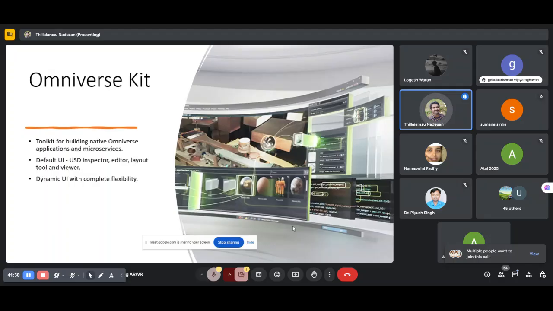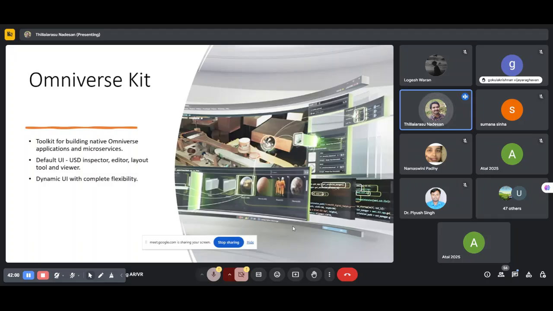So Omniverse Kit, see this Kit is for building native Omniverse applications and microservices. These Omniverse applications are based on the Carbonite architecture, which provides a wide range of capability via a collection of lightweight plugins. These Carbonite plugins are written in C for long-term ABI compatibility for programming and customization.